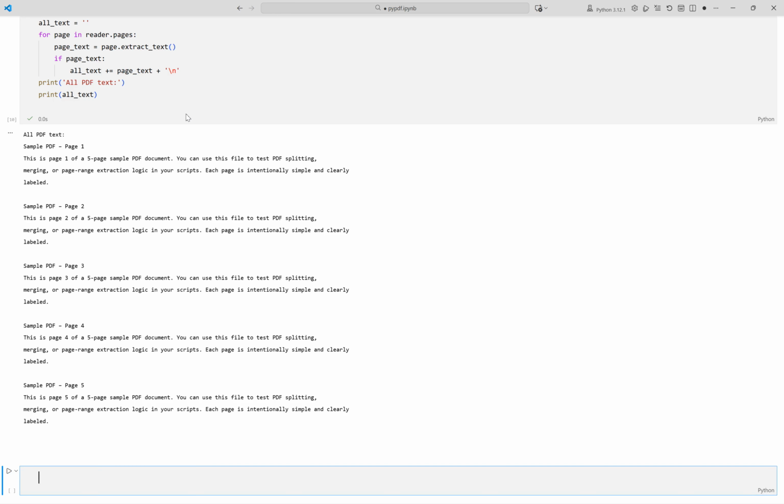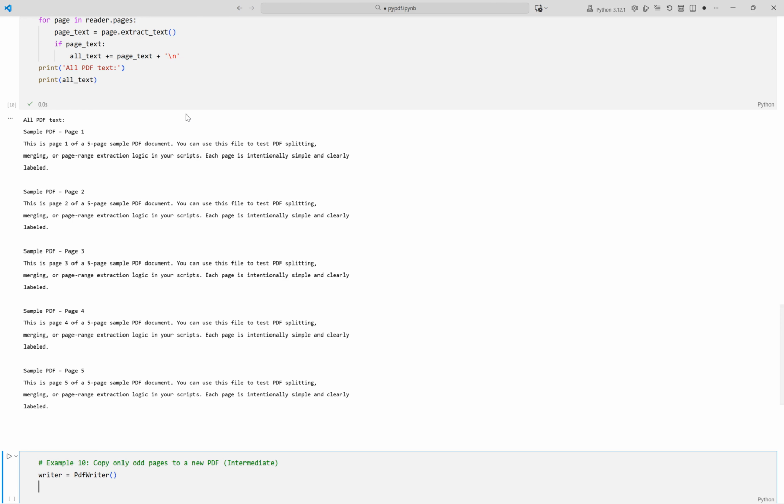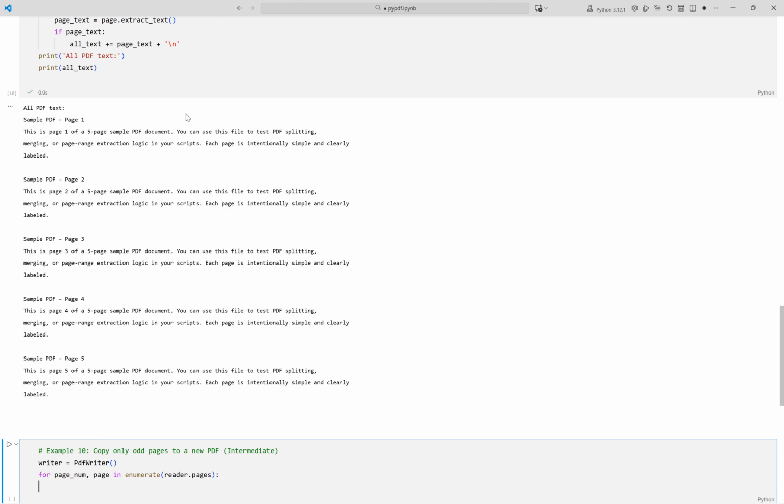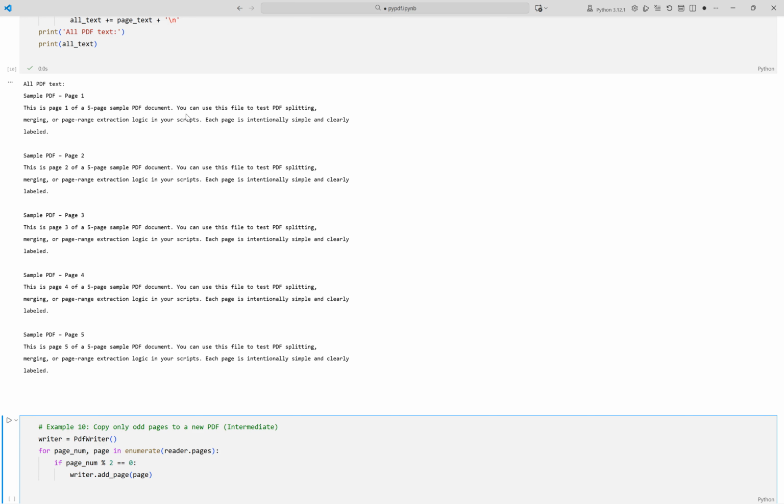Let us create a PDF with only the odd-numbered pages. We start a new PDF writer to hold the selected pages. We loop with both page index and page object. If the page number is even, we include it, since page index starts at 0. The selected page is added to the writer. We write the odd page PDF to